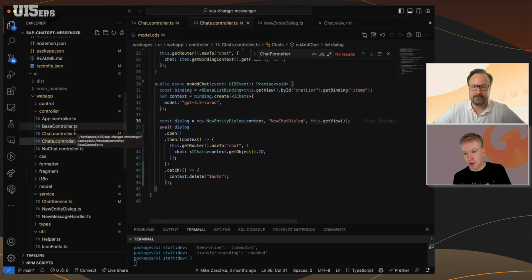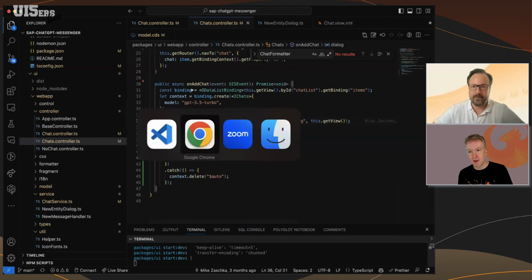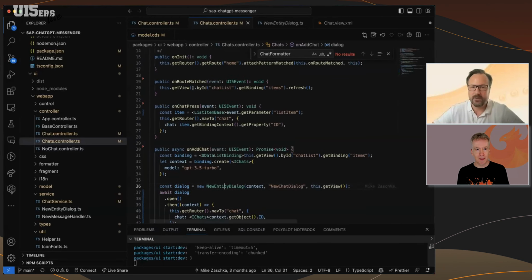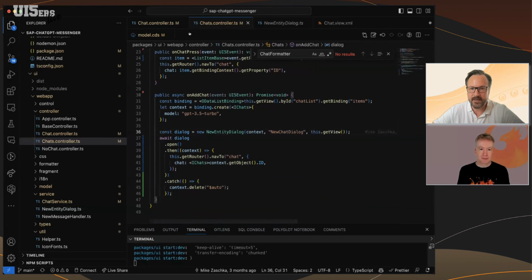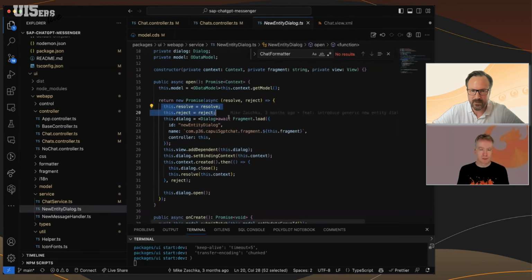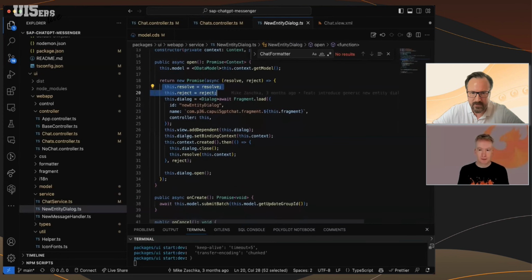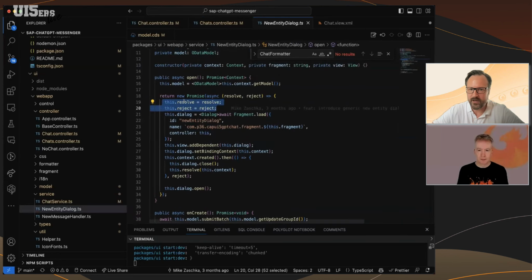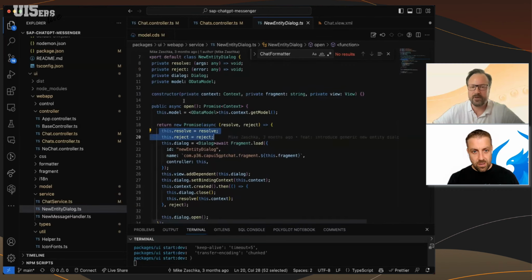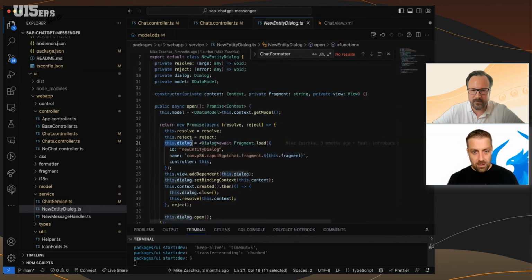There's a question in the chat whether you cache the fragments. Do you use some kind of helper for that or not? Okay, so in this simple case, I'm not caching this. I have no explicit functionality to cache this. You assign it at least to the instance here, the dialog. Yeah, but I think I'm always creating a new instance.